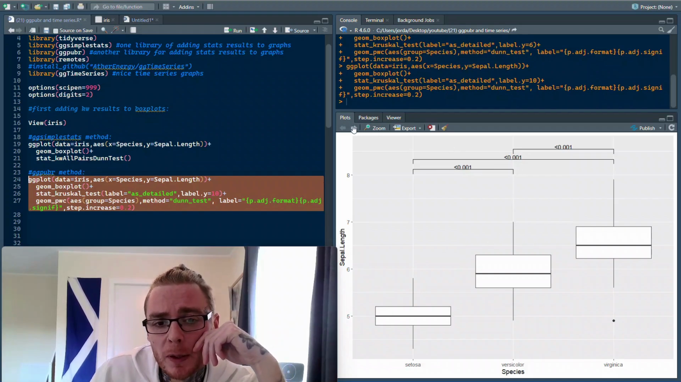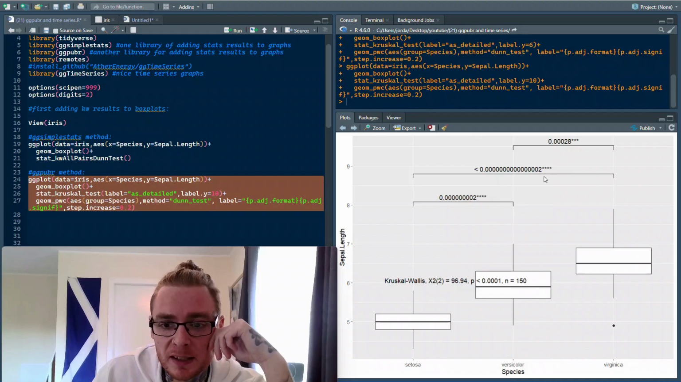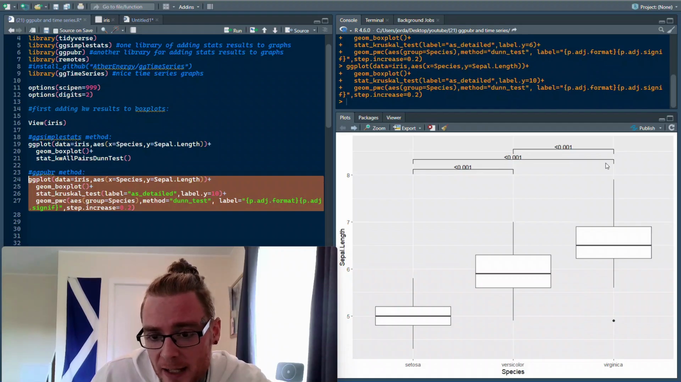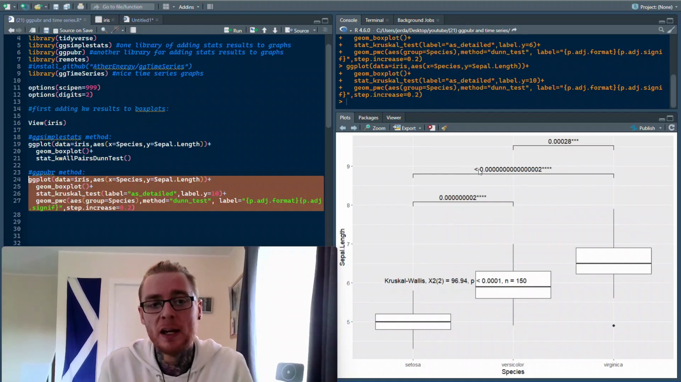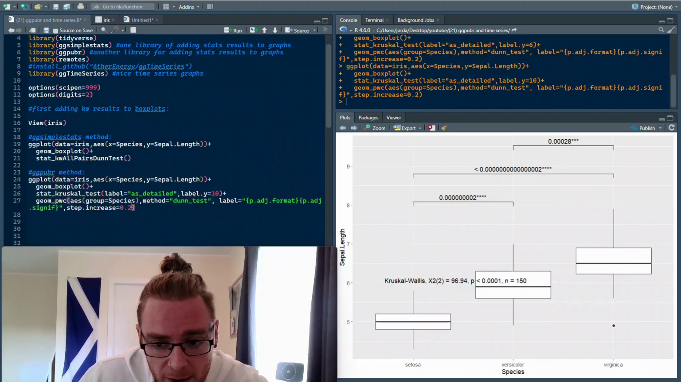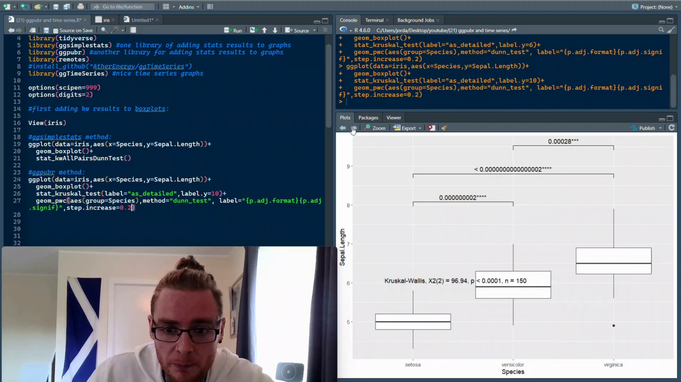I posted a photo of this on Facebook group the other day, and somebody said I would probably cut down the number of decimal places and significant figures. That's something to do. Maybe you don't need it to have this many zeros, because you could just do less than 0.001 instead of show all of this. So all of that I'm sure can be customized further by adding extra stuff in this part here. But I'm not going to do that because that just was to show you that